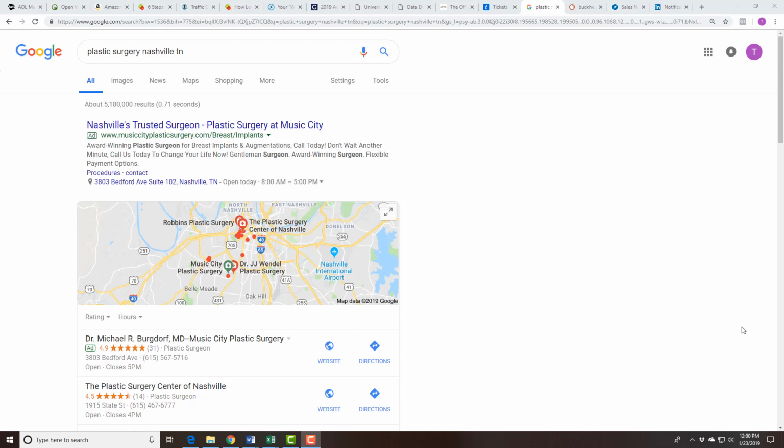There are a couple of reasons for this. Number one, it is a high dollar ticket service. So a lead and a patient for a plastic surgery practice is valuable, and retargeting can help increase the number of new patients they get. The second reason is that plastic surgery is also a category that is still open for